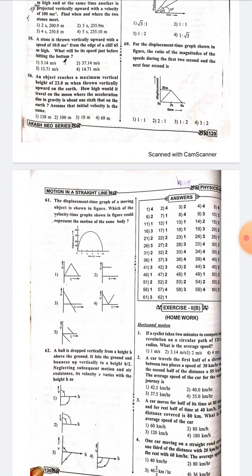Subtract the value and you get 588. I'm not going to use any calculator, friends. So 100 plus or minus root of 10 times